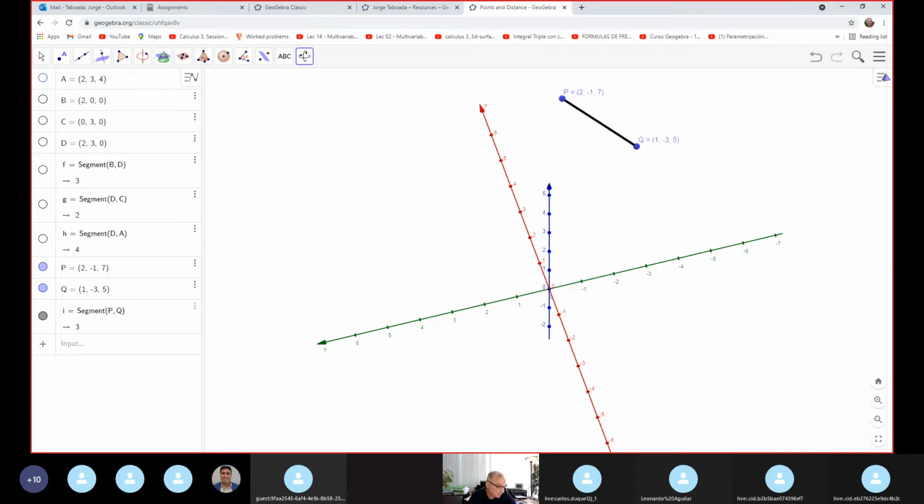Well, the equation is the same equation. Look, the distance equation is distance is equal to the square root of x2 minus x1 squared plus y2 minus y1 squared plus z2 minus z1 squared, right? This is the distance. But the sphere, by definition, is the